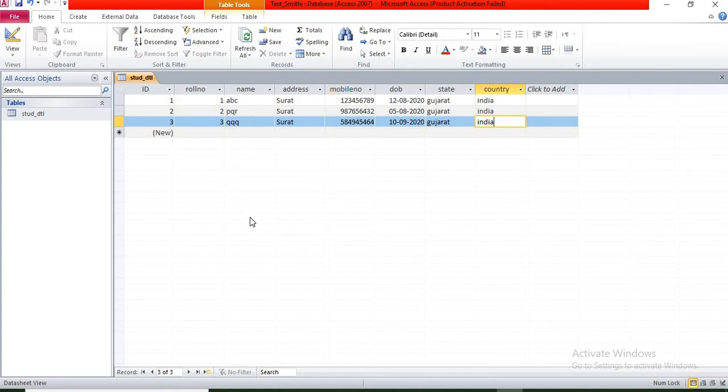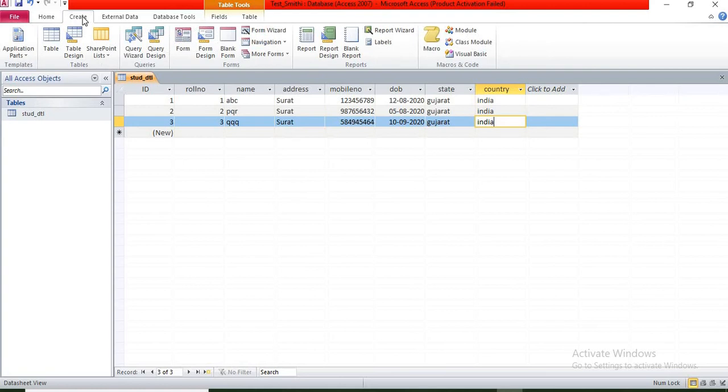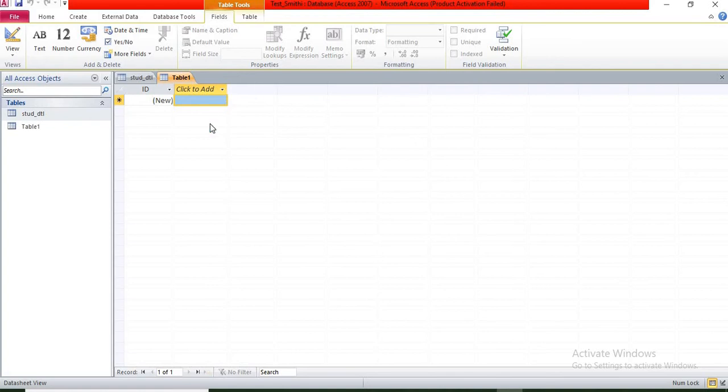Now the next topic is creating a table in datasheet view. So you can just go into the create tab, click on table, so you can see the datasheet view here. Now here you can add a new field.